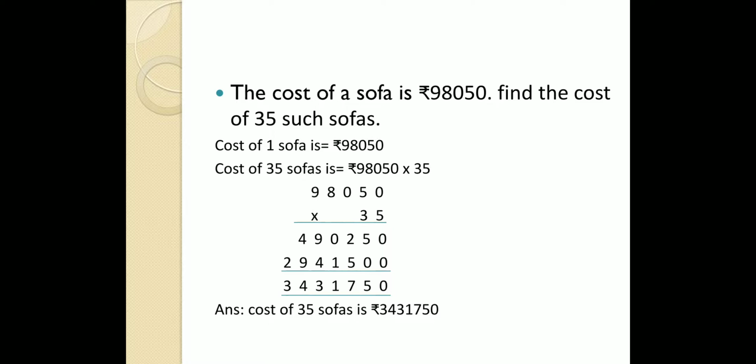So this is the proper method of solving a word problem. You will start with a proper statement, then proper calculation, and then first and foremost thing in a word problem, you have to identify the operation which has to be performed. You have to decide whether you will add, subtract, multiply or divide. Or you have to check whether two operations are involved in it or not. So before doing the word problem, go through it properly.